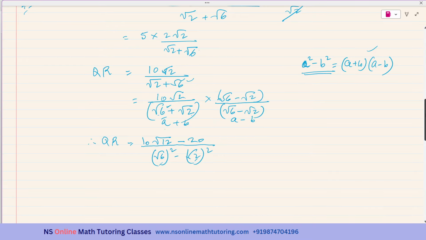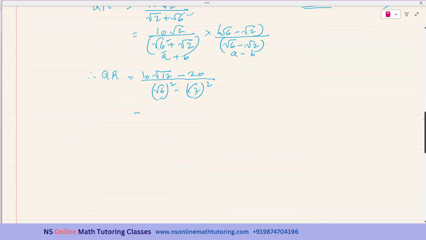So this is, and 12 is 4 times 3. So let me write this over here. Root 12, it is 2 times 2 times 3. And since it is a square root, we'll be pairing the numbers and taking out one number from each pair. So this is 2 root 3. Okay. And 2 times 10 will be 20. So 20 root 3 minus 20